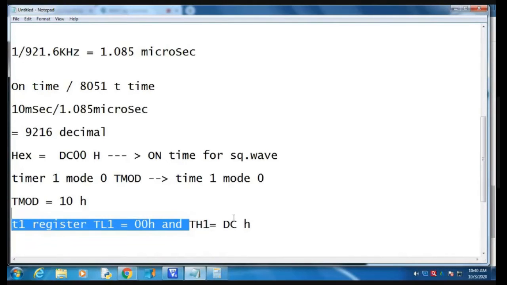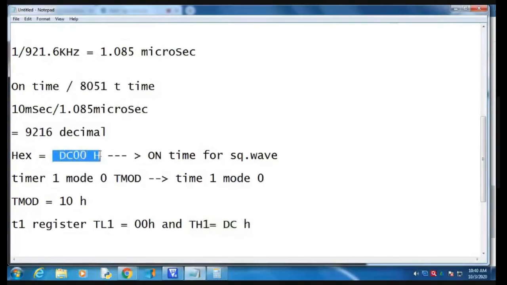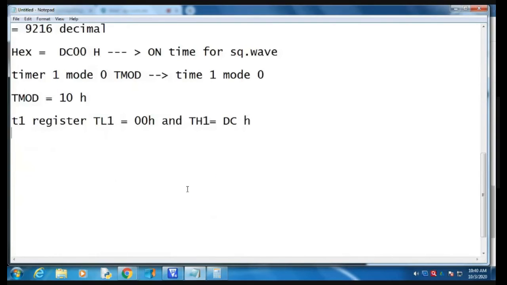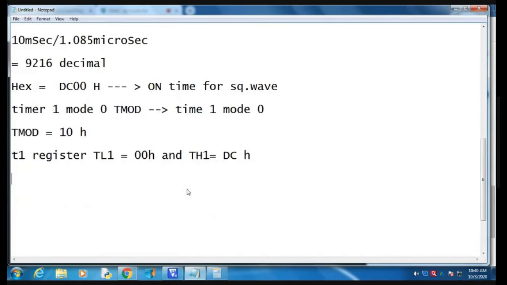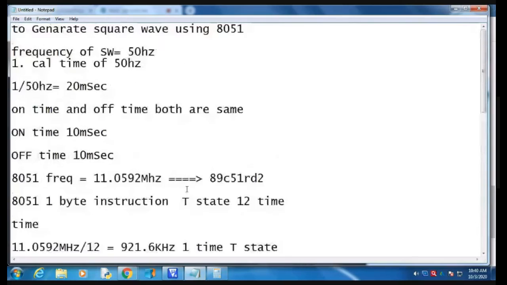Why did we take this? Because we have to count up to 10 milliseconds. So we require the timer 1 registers TL1 and TH1. This is my requirement for the square wave.